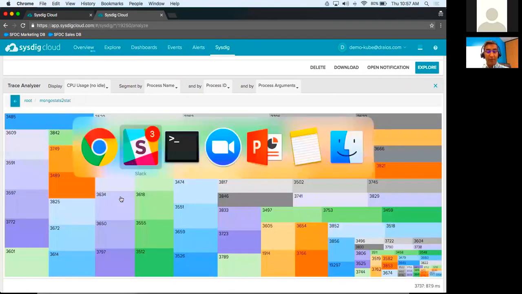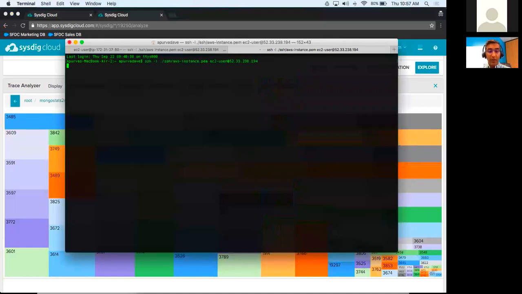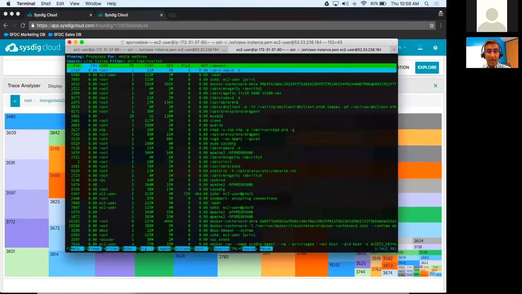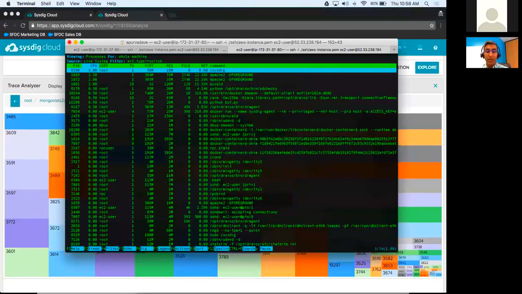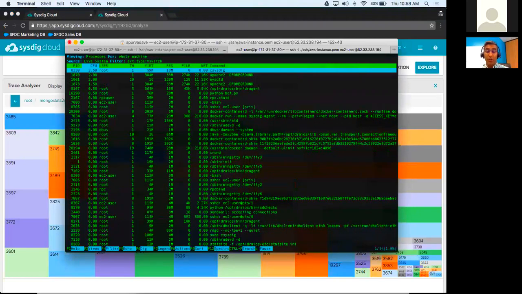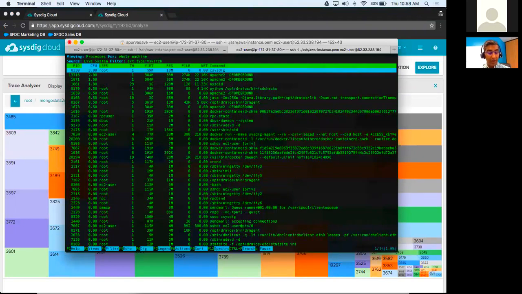If that's not powerful enough for you, you can also use tools like Sysdig. And this is our open source tool. That'll give you a real-time view into all the system calls running on your machine. You can use this in real time, or you can use this in a capture mode, which is showing you that file that was captured at the time the alert was fired.